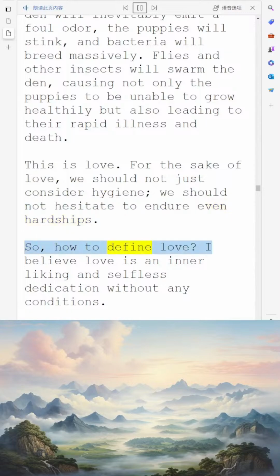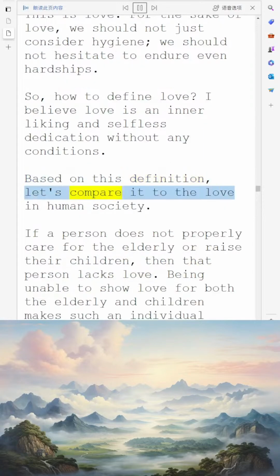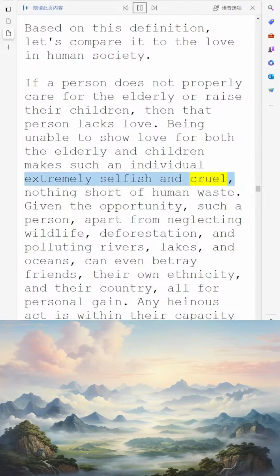So, how to define love? I believe love is an inner liking and selfless dedication without any conditions. Based on this definition, let's compare it to the love in human society. If a person does not properly care for the elderly or raise their children, then that person lacks love. Being unable to show love for both the elderly and children makes such an individual extremely selfish and cruel, nothing